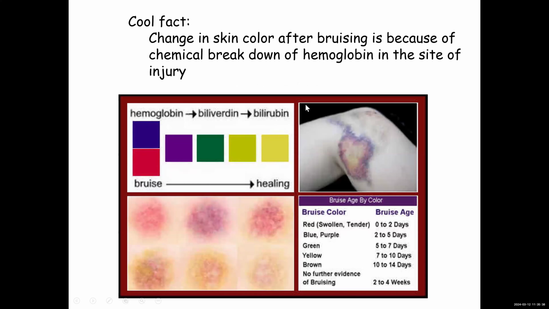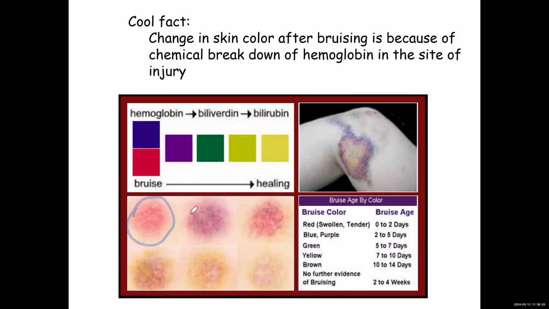So here's a cool fact. Changes in the skin color after bruising are because of chemical breakdown of hemoglobin at the site of injury. You all know how your bruises change with time, but what is a bruise? A bruise is actually a small hematoma. A bruise happens when small capillaries are ruptured and blood leaks out